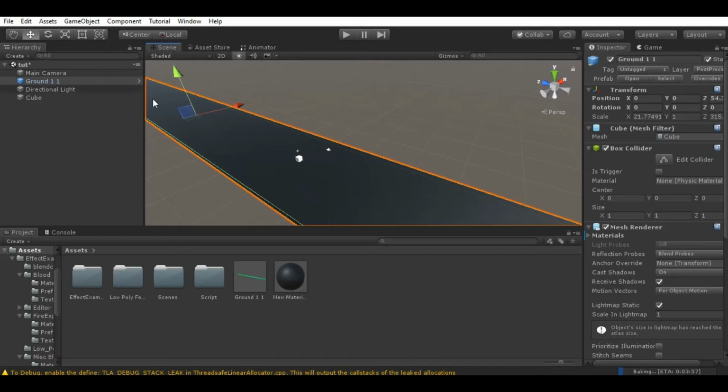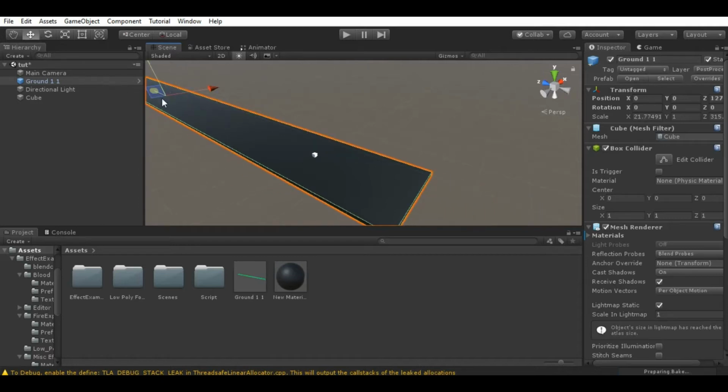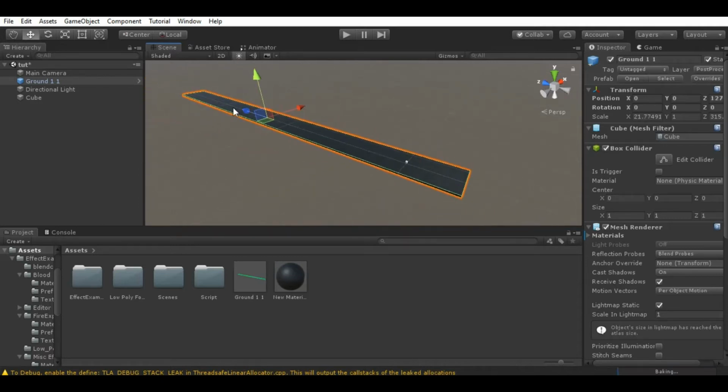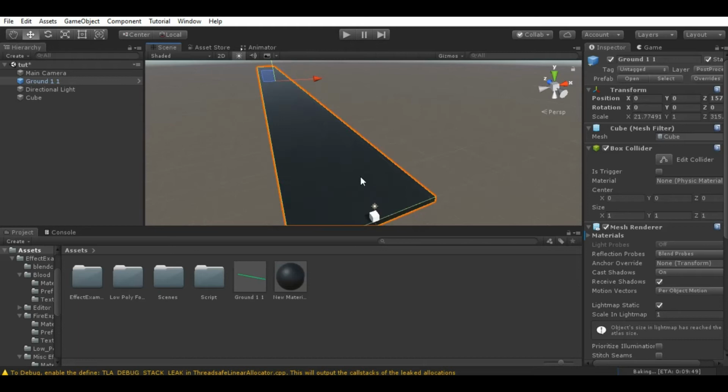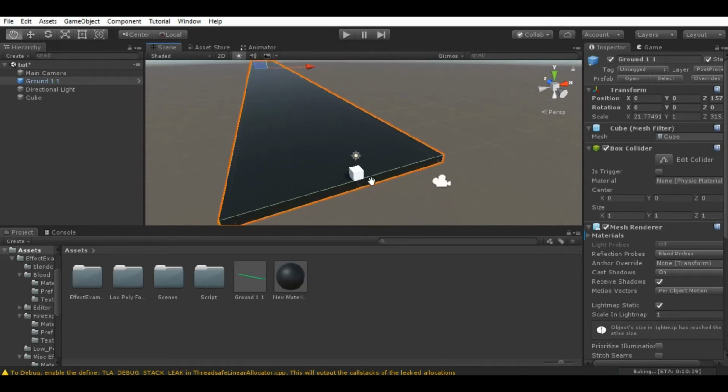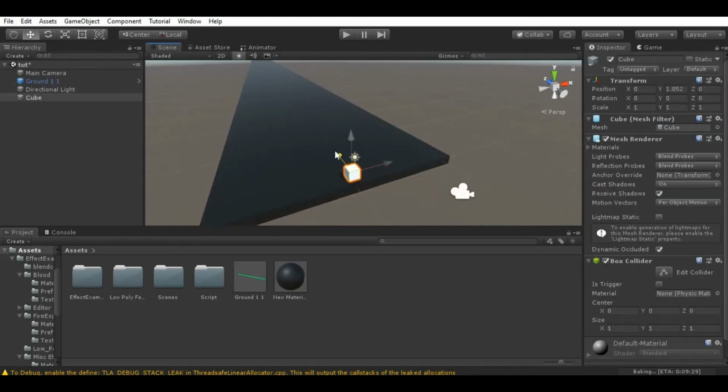Let me move this plane forward a little bit because we're going to build a scene in this plane, so I want it to be in front of the player. I think this is okay. Then let me move the cube forward a little bit, forward. Okay, I think this is okay. So the next thing we're going to do right now is to